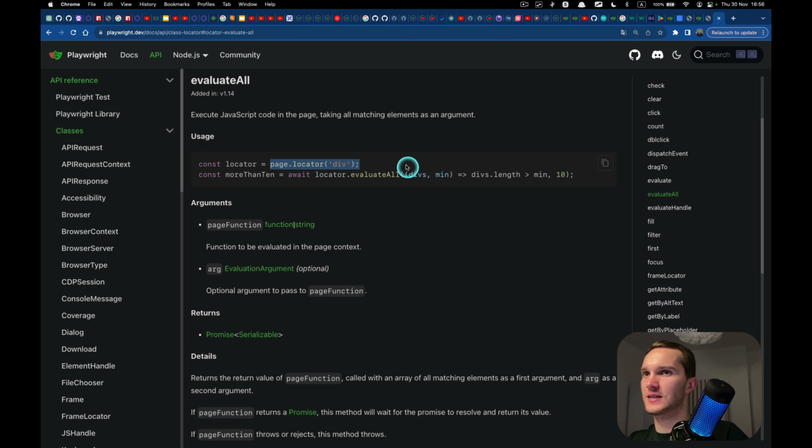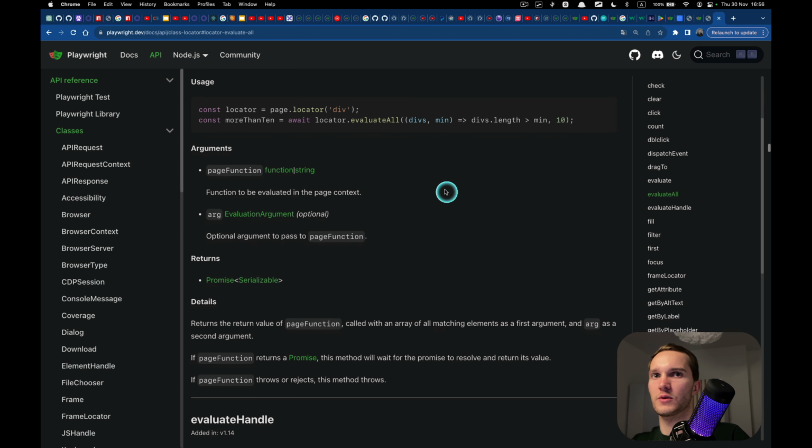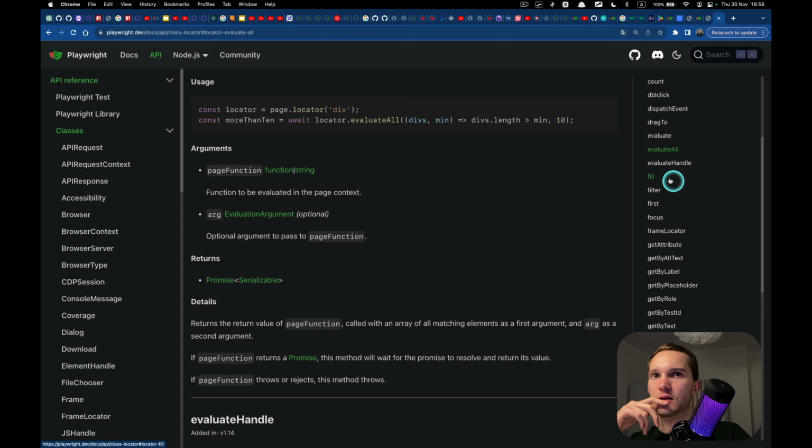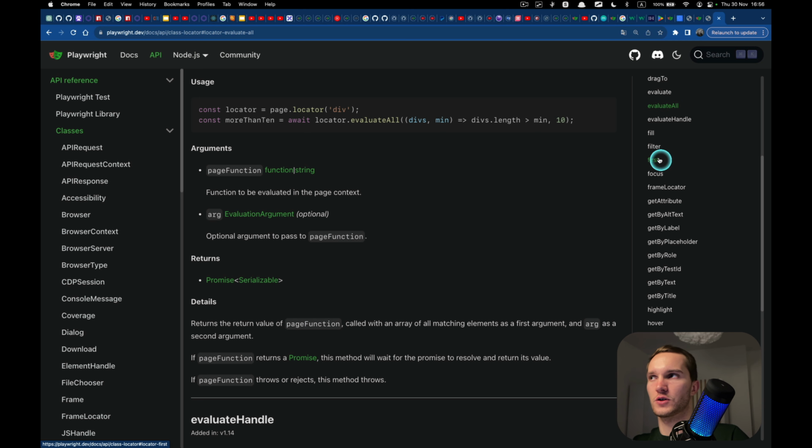So first it finds these elements, and then for this locator, for each div element, we are executing this JavaScript function. Yeah, probably you won't need it. Evaluate handle, don't need it. Fill, reviewed it. Filter, first, yes, first on the previous lecture.